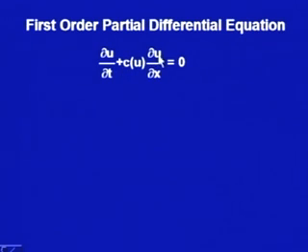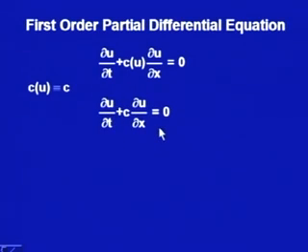C(u), that is the coefficient of del u over del x, may be a function of u also. Now, if this C(u) is just a constant, that is, it is not involving any unknown function or any x or t, it is just a constant, let us say C,